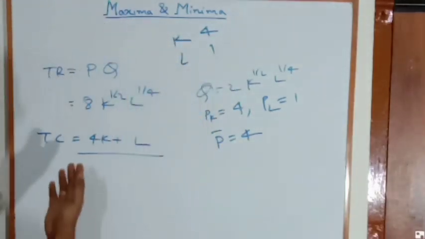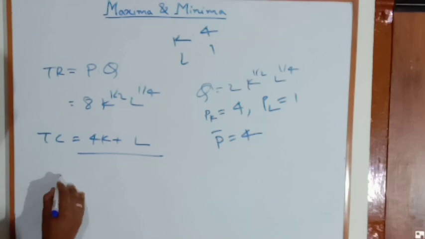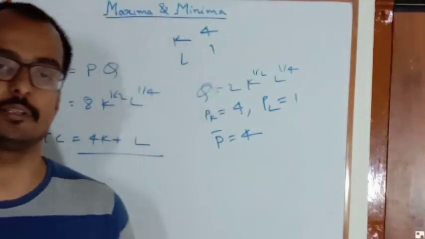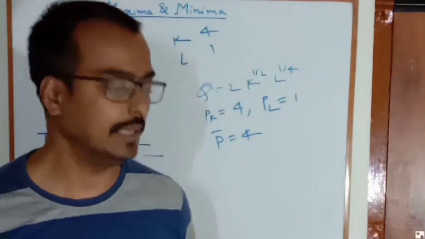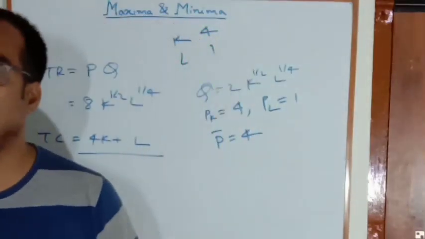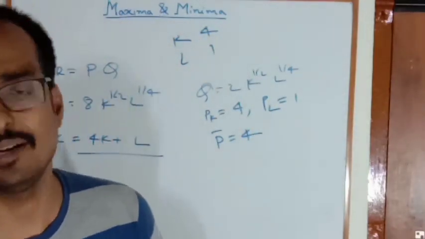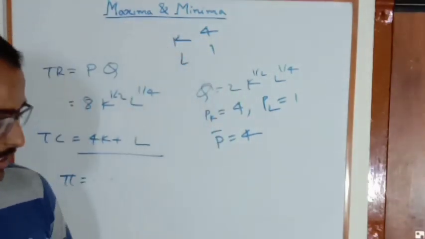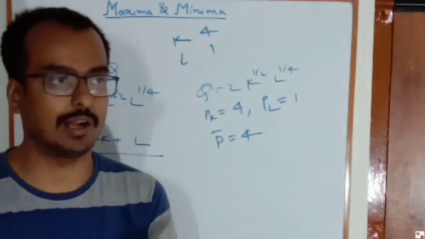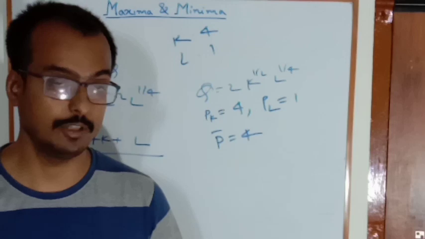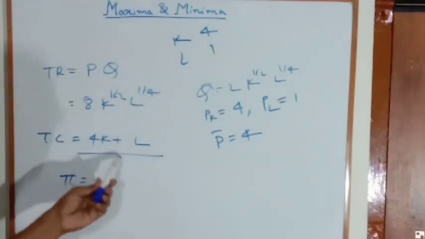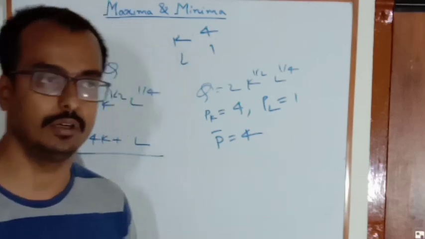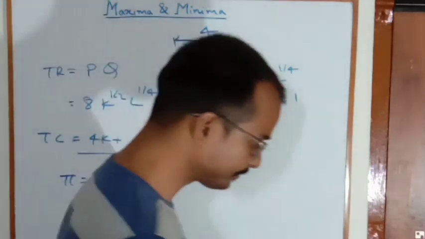Now, TR minus TC is equal to your profit, and now you have to go for your profit maximization. But here in this example 11.8, you will not be able to solve it simultaneously. When you do it at home, just replace one equation in another. In the first order differentiation, you will be able to get the value of K, and you will be able to get the value of L. Second order differentiation you will do after that, and then you get your desired results.